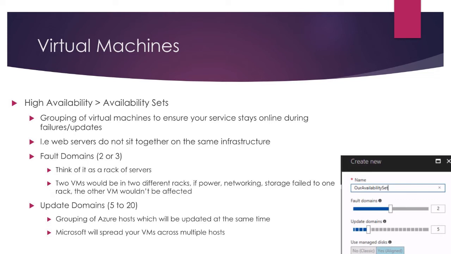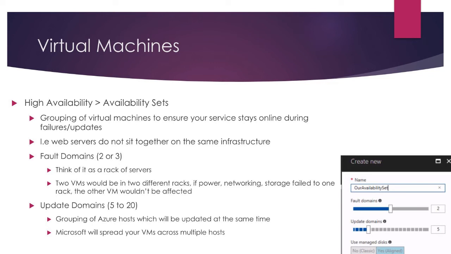So how do we work around this? How do we stop Microsoft from rebooting our virtual machines? Well, the answer is you can't. What you have to do is create an availability set, which for those of us in the VMware community is known as high availability. It's not the same. You are not able to make a virtual machine highly available across multiple hosts in the same way you can with VMware. Microsoft will try their best to do that automatically for you, but offer no guarantee. Instead, you create an availability set, which is a group of virtual machines to ensure your service stays online during any failures or updates. So i.e. web servers will not sit together within the same fault domain or update